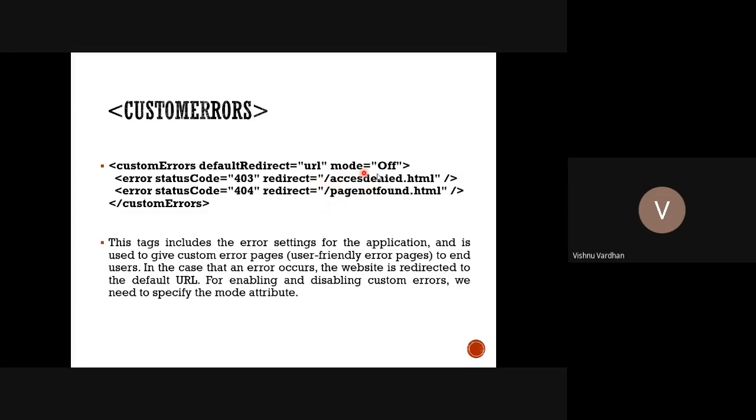Otherwise you want to notify the users access is denied, you have to politely convey to the user, please authenticate yourself before accessing this information.